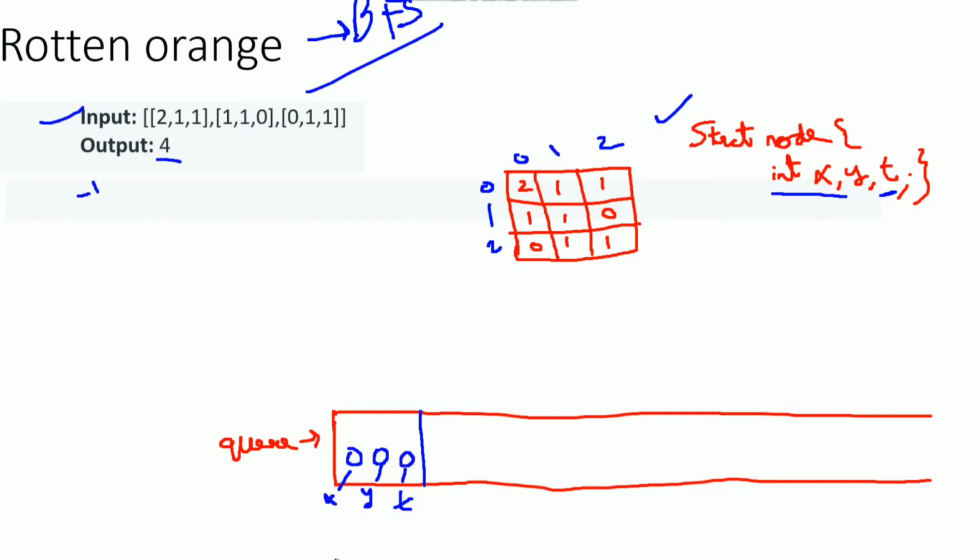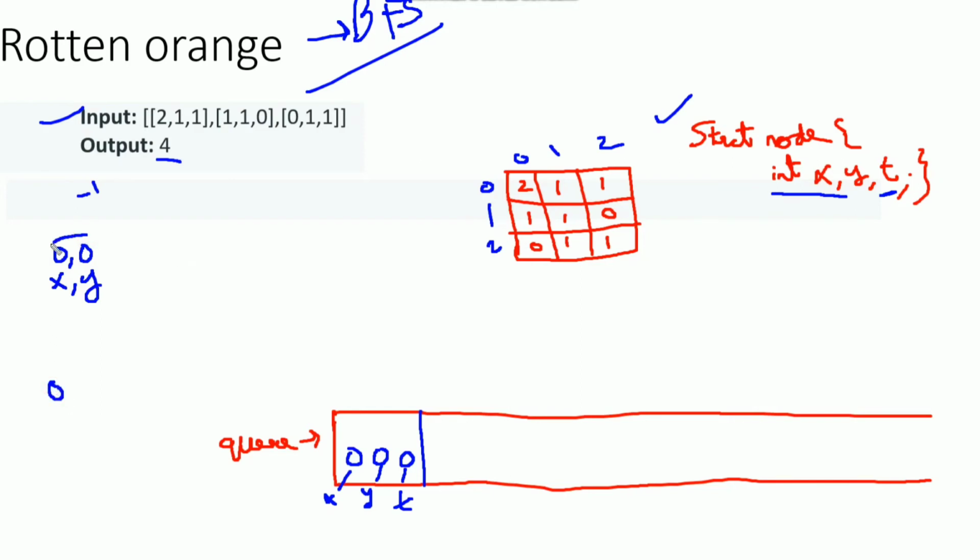The next step will be we need to have a loop, like we need to repeat this process until our queue becomes empty, similarly as we have done in BFS. The next step will be to dequeue the queue. If we dequeue, we find our x comma y is 0 comma 0, and time is 0.